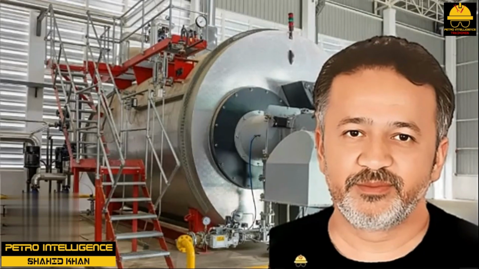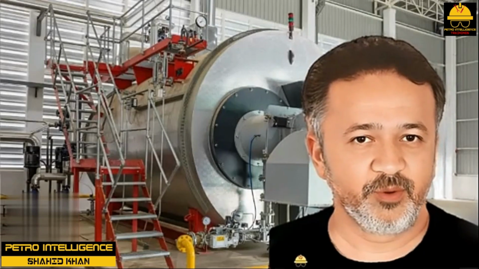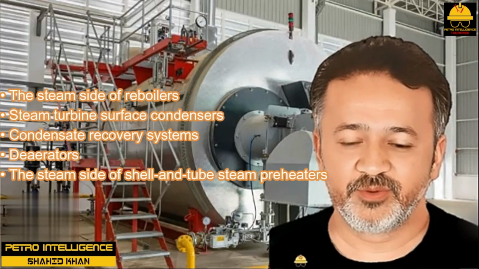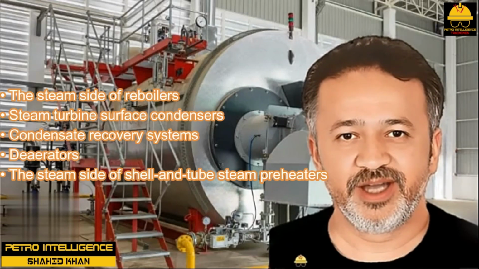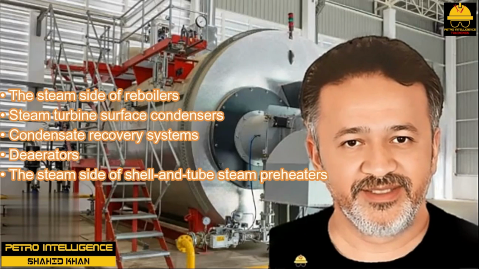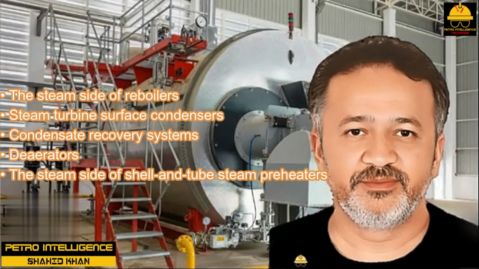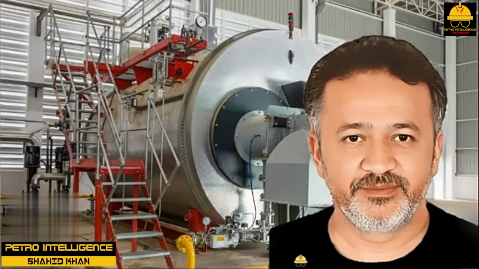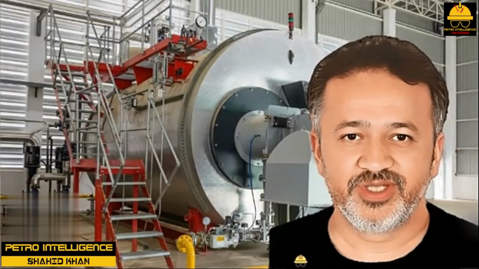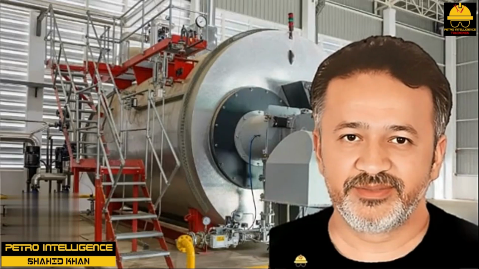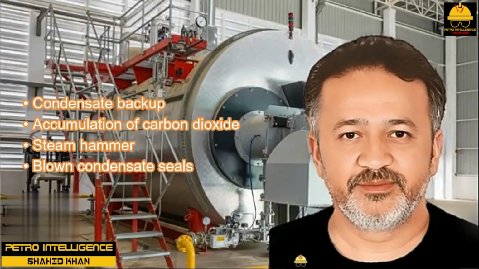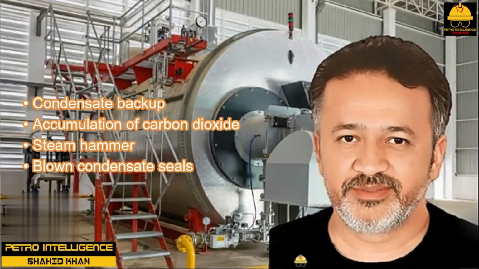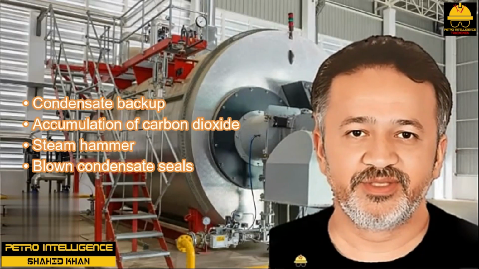Today we will discuss steam and condensate systems. We will also discuss process equipment such as the steam side of reboilers, steam turbine surface condensers, condensate recovery systems, deaerators, the steam side of shell and tube steam preheaters. A few of the nasty features of this sort of process equipment we discuss are condensate backup, accumulation of carbon dioxide, steam hammer, blown condensate seals,